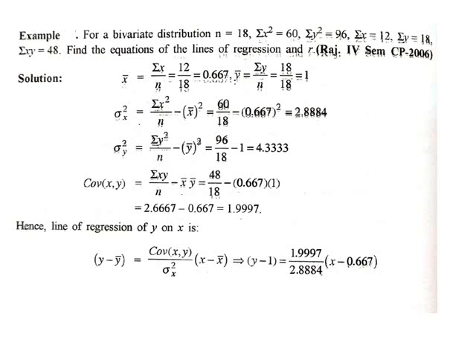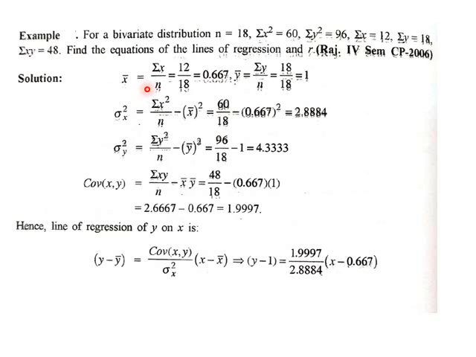Let us take another example. In this example, each value is given, calculated values are given, and by these values you need to calculate the lines of regression and the correlation coefficient. Here the requirement is lines of regression, meaning we need to calculate both y on x as well as x on y. So we first calculate the mean.